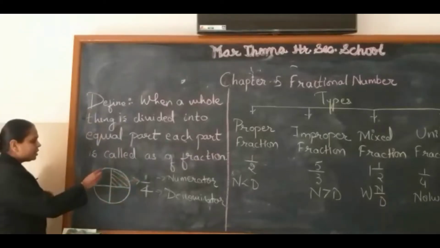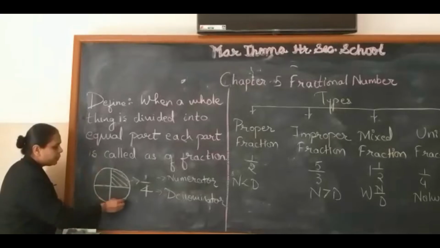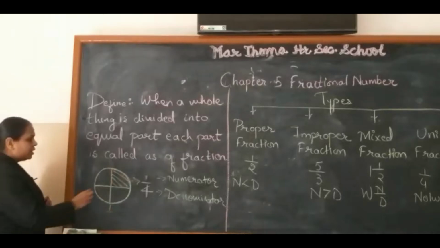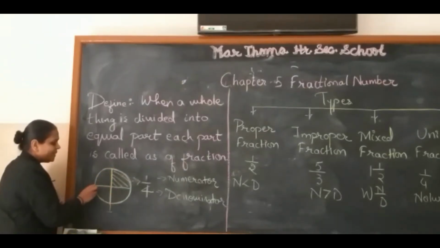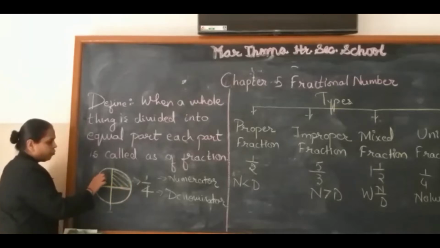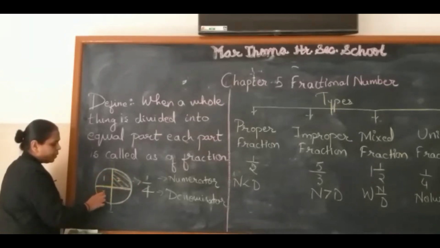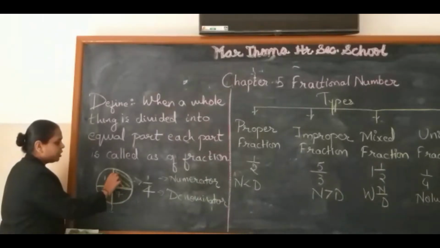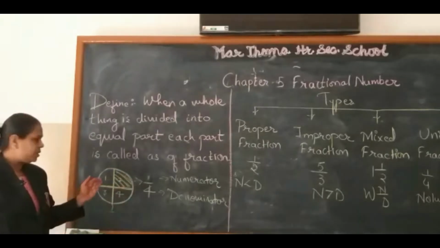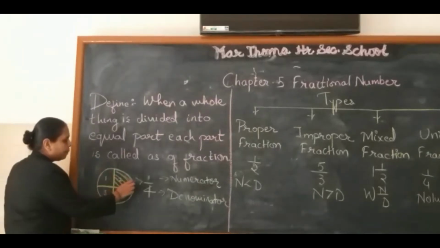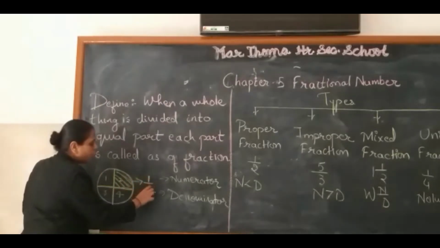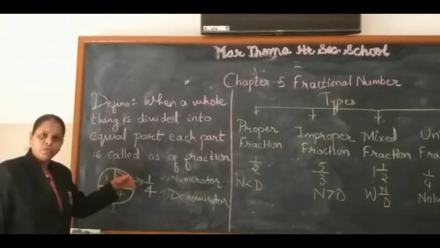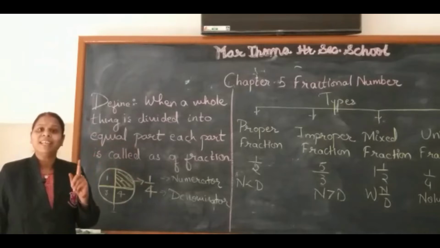See, this whole circle, this full circle, is represented as 1. Now this full circle is divided into 4 parts by these diagonals. This is the first part, this is the second part, this is the third part, and this is the fourth part. Now I have shaded this portion of the figure. How can I represent this part? This part will be represented as 1 upon 4. So 1 by 4 is one of the 4 parts into which you have divided the circle.